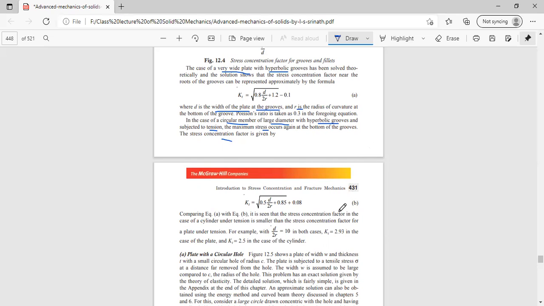The stress concentration factor in the case of a cylinder under tension is similar to the stress concentration factor for the plate under tension. So cylinder under tension and plate under tension, there are two factors. They are more or less similar, but not exactly equal. So if d by 2r is 10 in